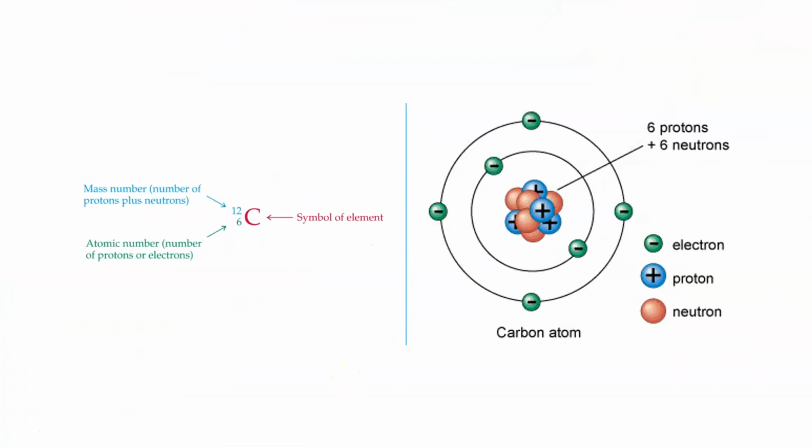So again, we've got carbon and we're looking at that atom of carbon there, that representation, and then we've got carbon as it appears on the periodic table with our mass number, the 12, and the atomic number, the number of protons or electrons, but just remember as we get to ions that changes, so it's that number of protons